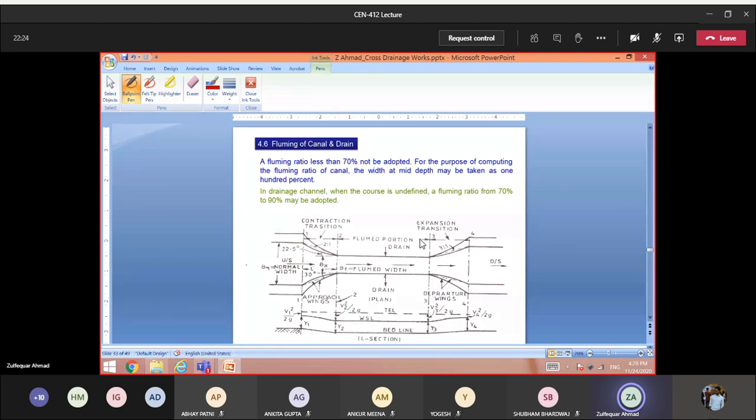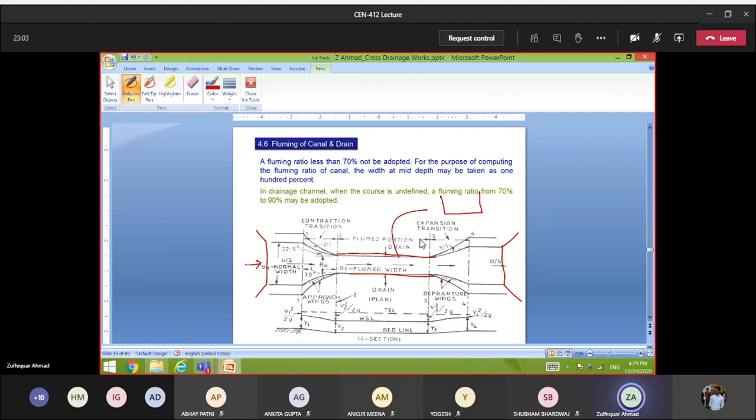this is the canal which is coming, and here the cross section of the canal is trapezoidal. Going out also, the canal is trapezoidal. But if you provide this much width, the structure will be heavy, so this is being flumed, I mean contracted. This is the contracted part, and in this contracted part our section is a rectangular section. How much fluming is being done here is,